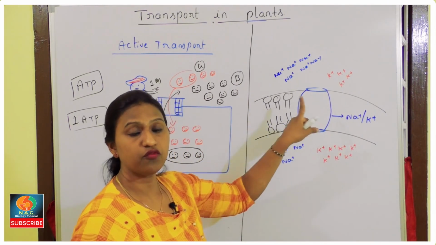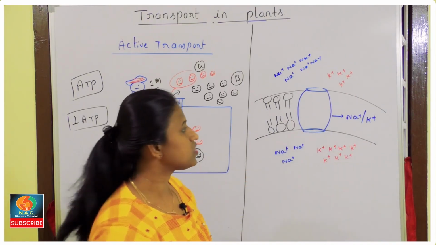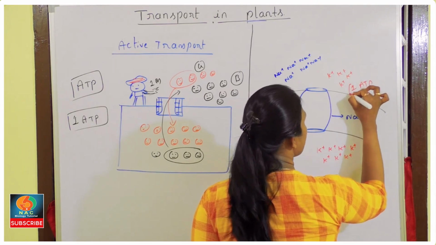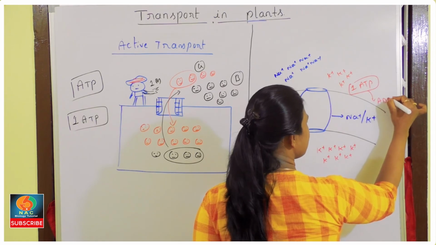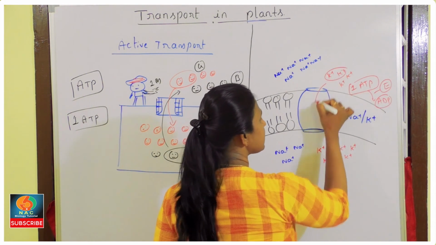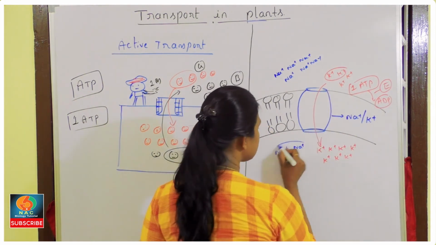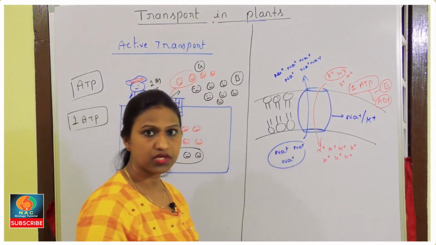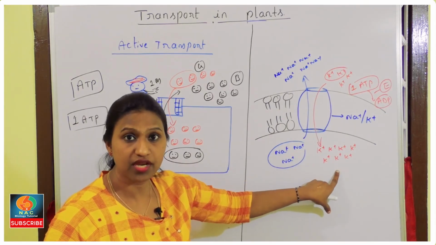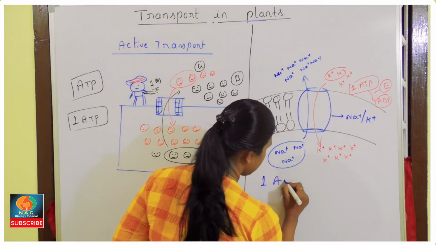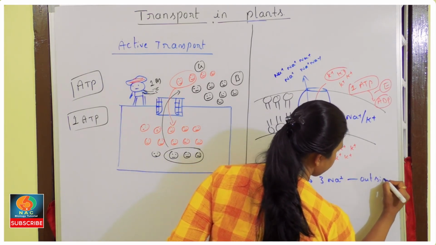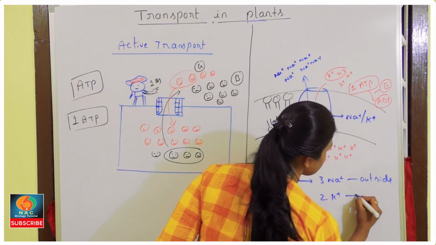This is by the expenditure of 1 ATP. See what happened? Here also 1 ATP is being used. That is the expenditure of 1 ATP. ATP is converted into ADP. Energy is released. With the help of this energy, 2 potassium can get inside, and simultaneously 3 sodium can go outside. So this is how they maintain more sodium outside and more potassium inside. So remember, for 1 ATP, 3 sodium can go outside and 2 potassium can get inside